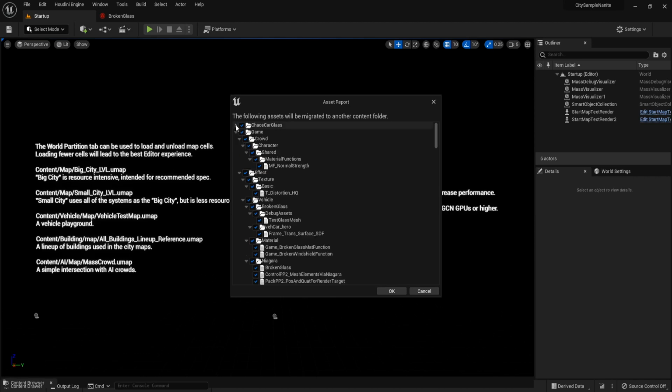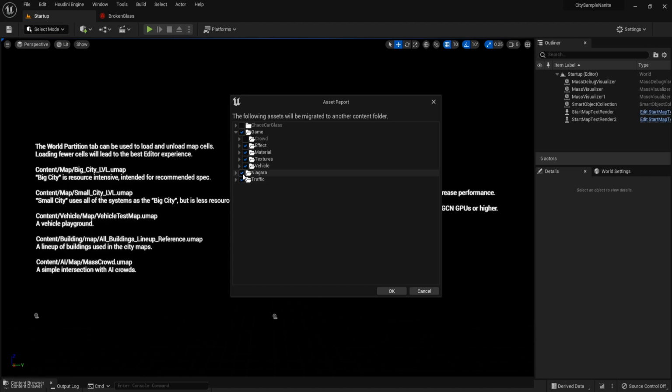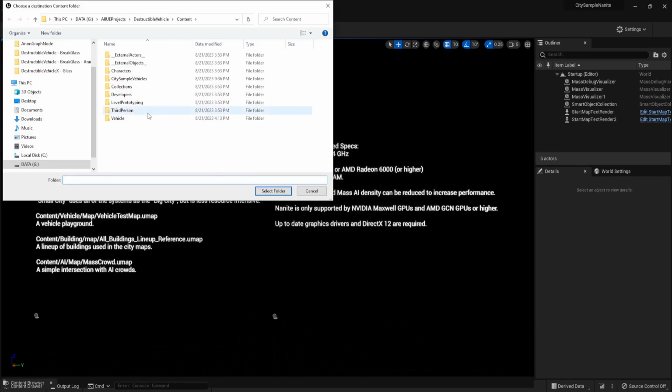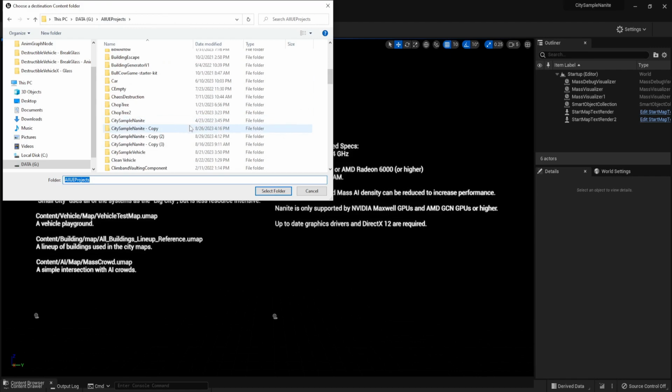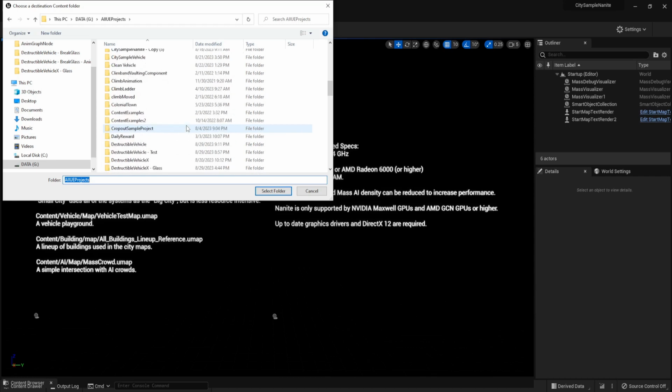And we disable these Chaos classes. Disable this Crowd. And disable this Niagara and Traffic. Click OK. And find our destructible vehicle project.